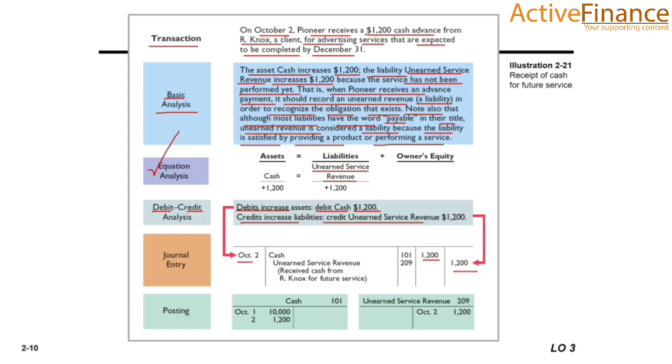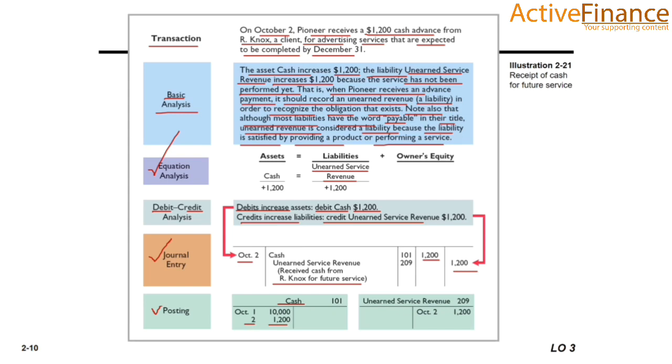Similarly, we will provide the transaction details. Now in posting, we will record in the cash account, because these 10,000 we have performed in the first account, so we need not open another general ledger. We will record in a similar account. Here we will provide the date, and we will add 1,200 because the cash increases.